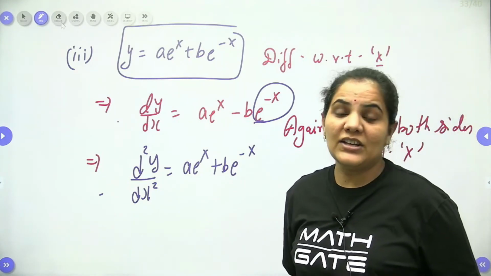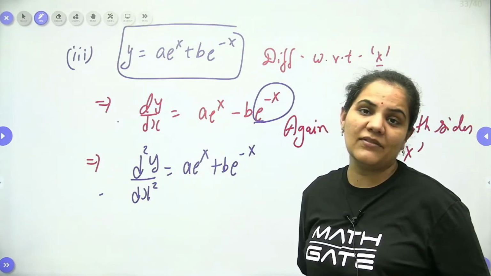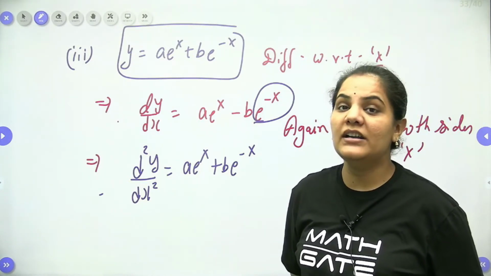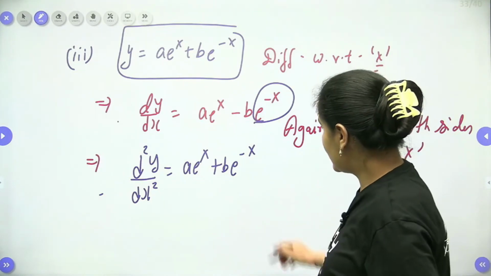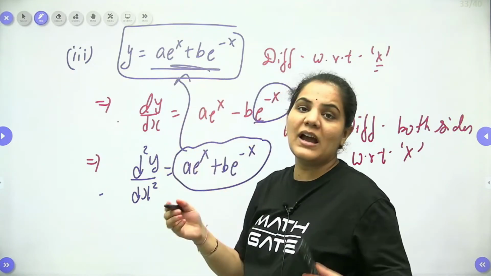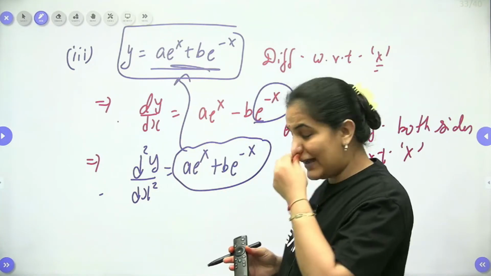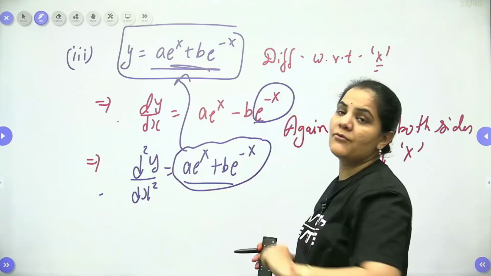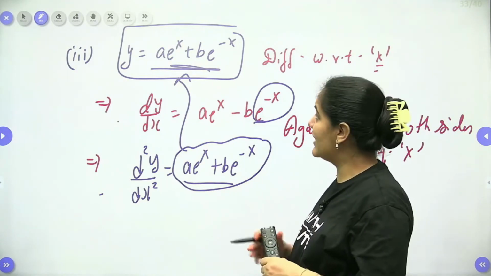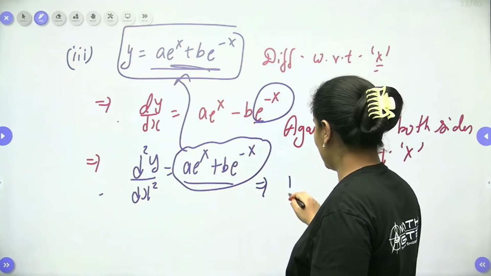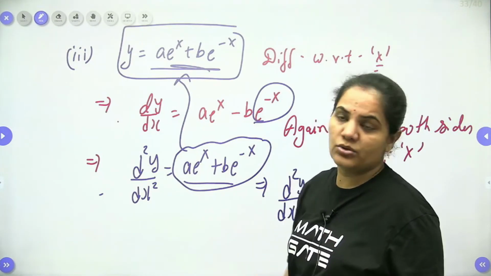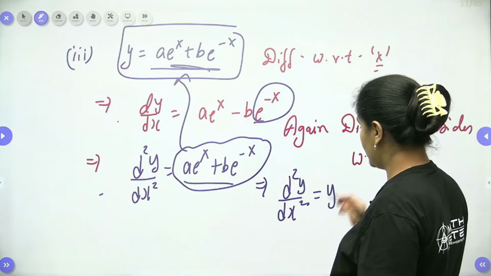No, dear students. If you observe the given equation, there is definitely no arbitrary constant. How? Just look here, dear students. This is nothing but the y only. This is nothing but the y only. We are getting the arbitrary constants in the form of y only. So in place of a e power x plus b e power minus x, we can substitute y. Yes, exactly. So hence from your differential equation, arbitrary constants are removed, my dear students. So it will be d2y by dx2 is equals to y.